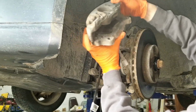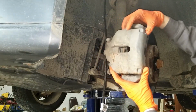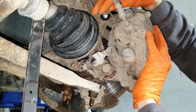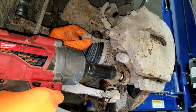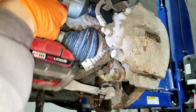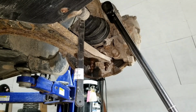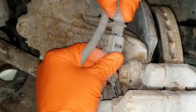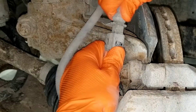Then you can take the brake caliper out of the bungee cord and install it on the knuckle. Start one bolt and then the second. Turn them all the way either with an impact or with a wrench and torque the caliper bracket knuckle bolts to 140 foot-pounds. Also plug in your brake pad wear sensor so you won't have a light blinking at you